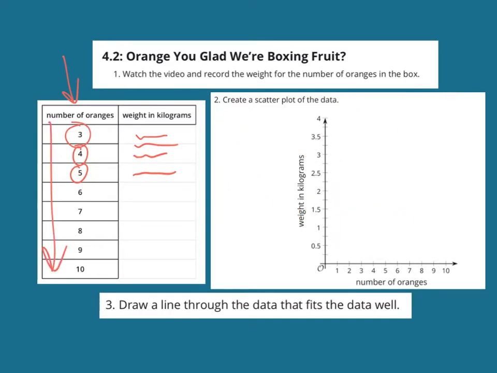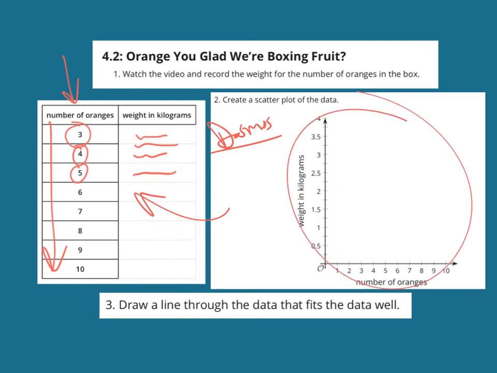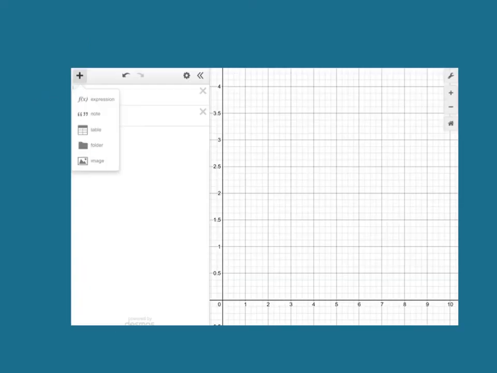Then you're going to go to Desmos, right? You're going to go to Desmos, and you're going to use these values to build a table in Desmos. Desmos will then create a graph for you, and you're going to copy that graph over to here. Once you've copied the graph onto your paper, you're also going to copy the line from Desmos that fits the data well, right? It's not going to fit it perfectly, but it's going to fit it well. Now, after you've recorded, right? First,